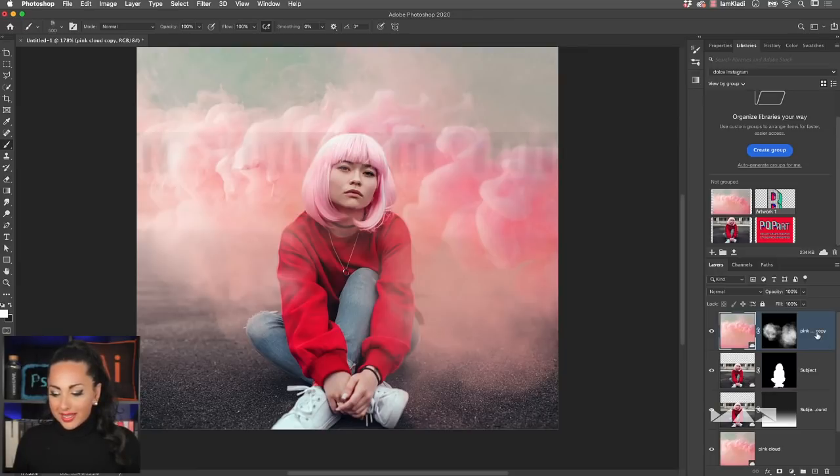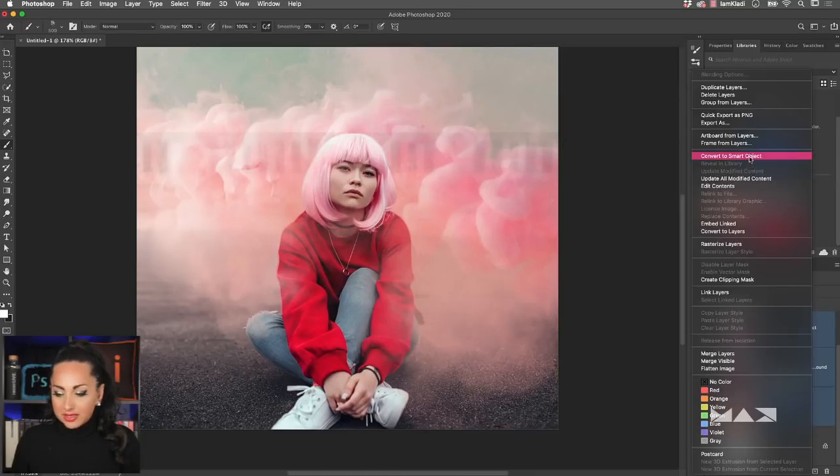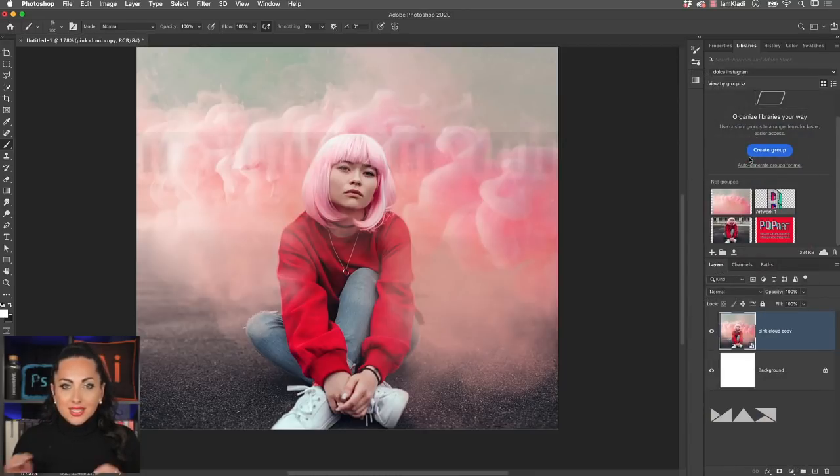And I'm going to do so by clicking on the first layer and then scrolling down to the very last one, holding Shift and clicking on the layer, and then right-clicking and converting the layers into a smart object. Smart objects are very special layers that can contain vectors and images, so Photoshop and Illustrator files, but most importantly, they will allow us to perform non-destructive editing to our layers.